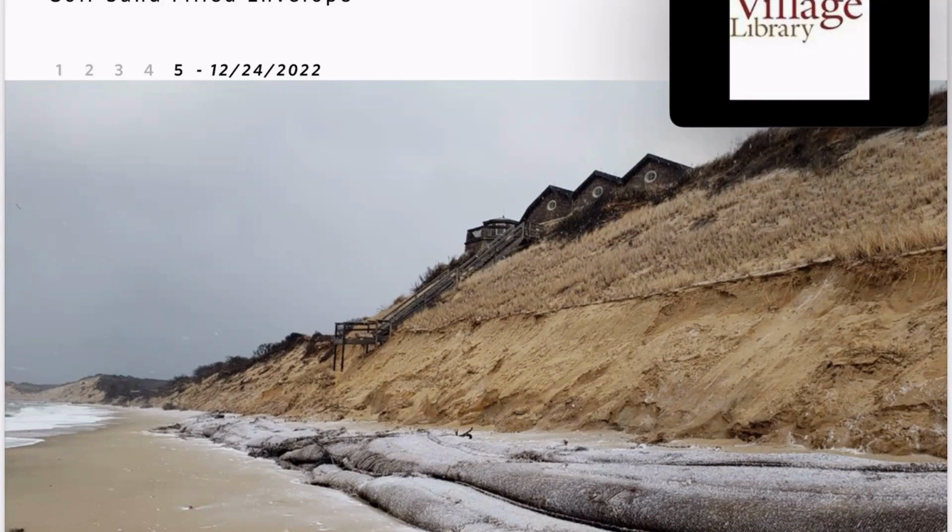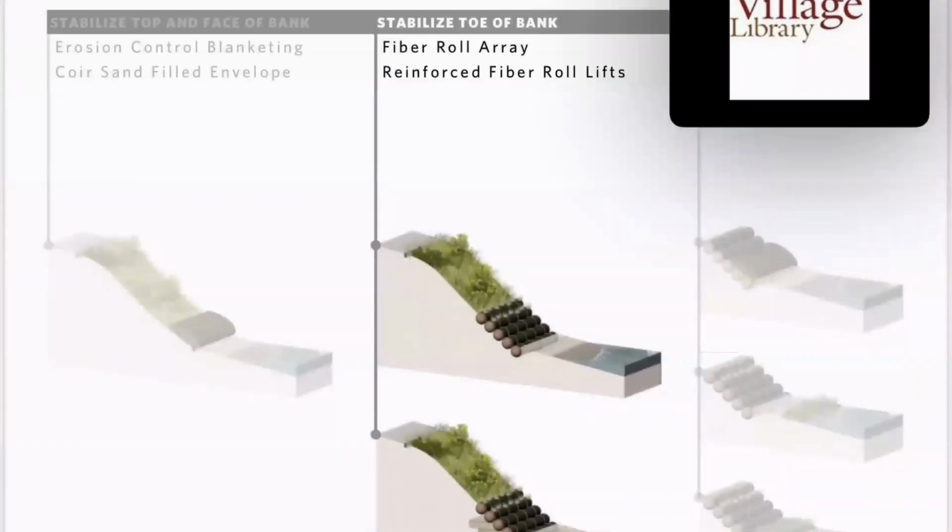So this is probably not a long-term solution, and the owner is trying to find a long-term solution for this site. But we'll be rebuilding those next week until they can find a long-term solution. They're going to have a shorter-term solution. So that is how those envelopes can work. We tend to see them being used in those situations more often than they should. And so I decided to sort of focus on that, but they can be very effective in low energy, gentler